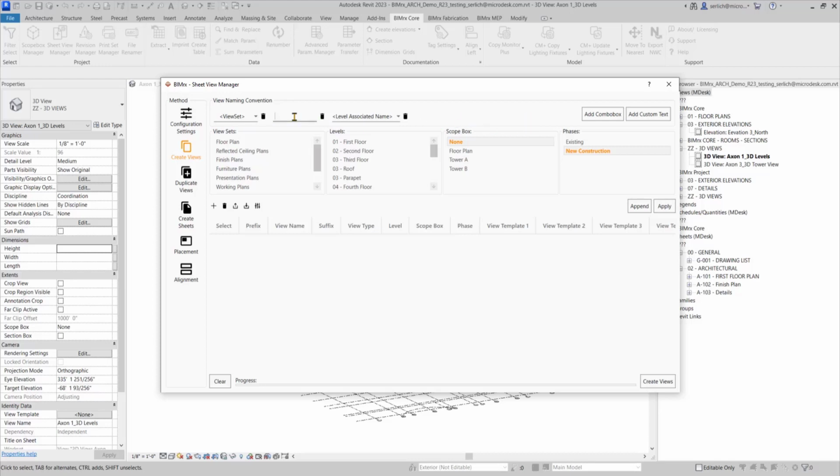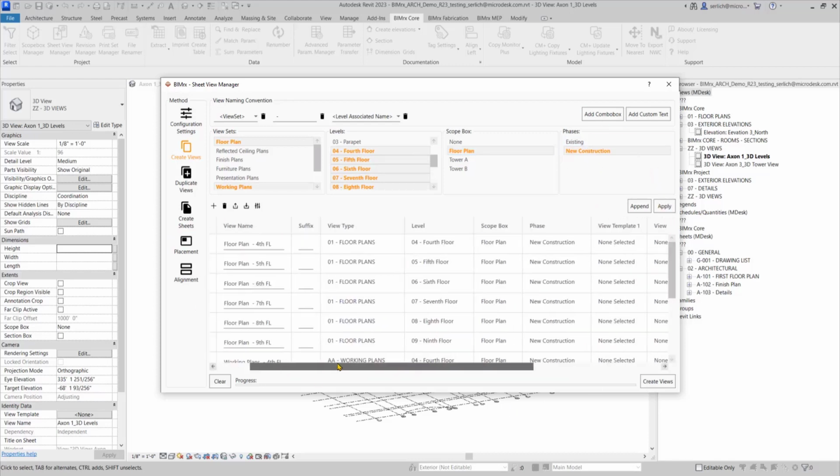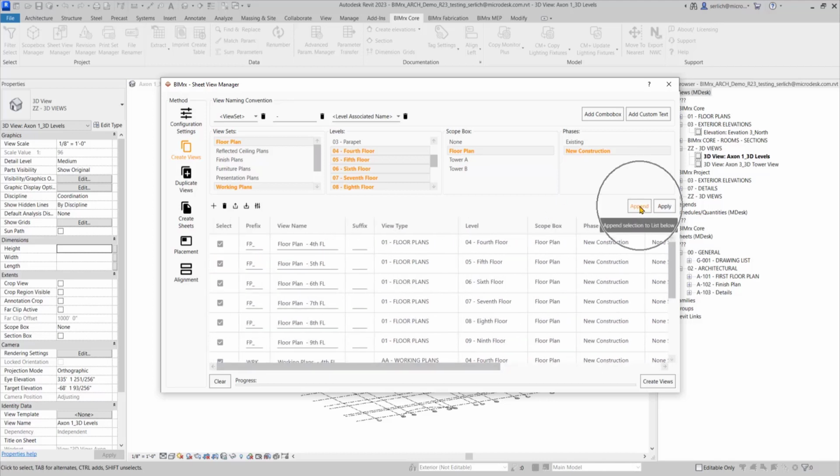The new Create View module allows us to easily modify our view naming convention, select from all the different view sets we set up in the previous module, and then specify the levels we want to create the views for. We can also specify the scope box and the phases. Now, once we hit apply, we'll see that the data grid will update with all those parameters that we've specified